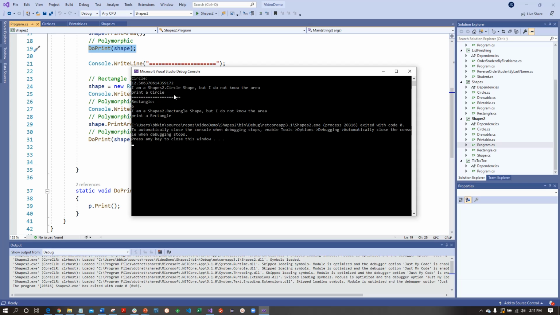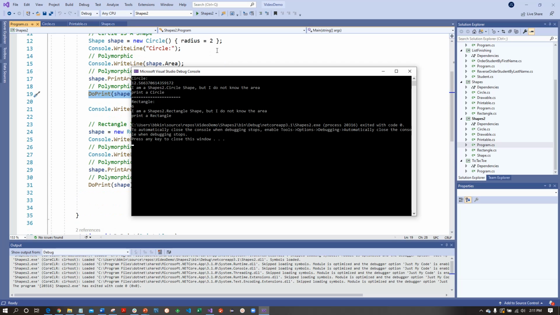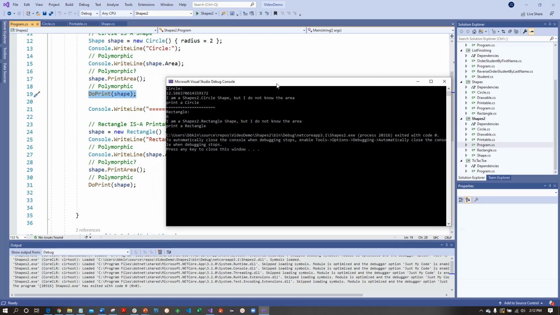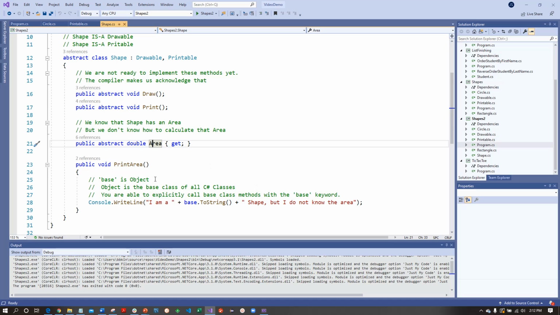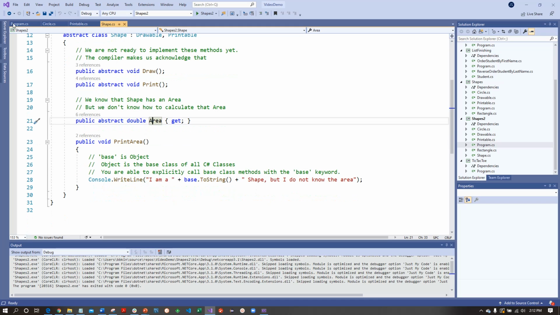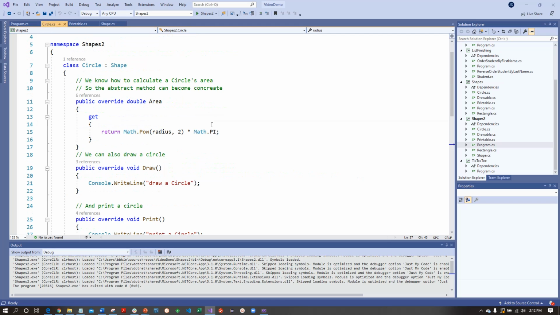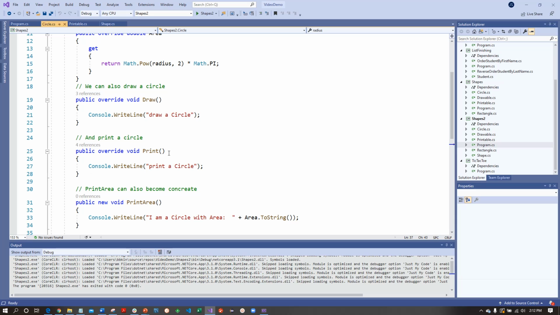Here it knows how to print a circle, but this method here, the method print area, is not behaving polymorphically. That's why I put a question mark here. It's behaving like the implementation that we inherited from shape. Here, print area. Okay, and then we have circle here, where we've overridden it, but it's not saying print a circle. It's saying